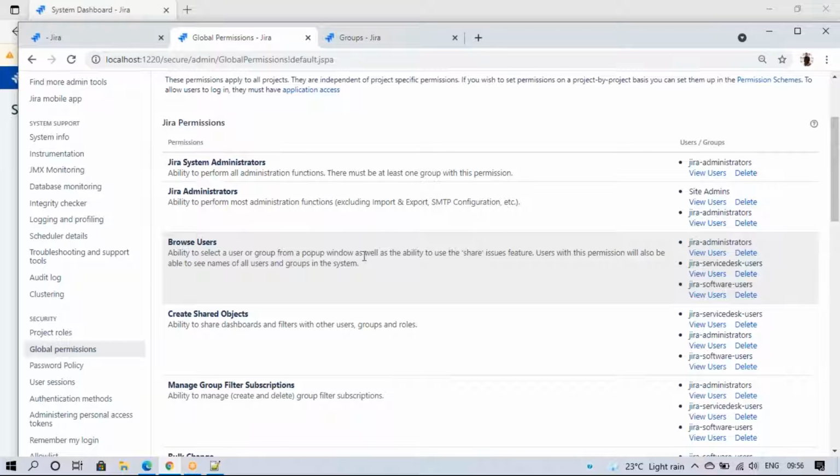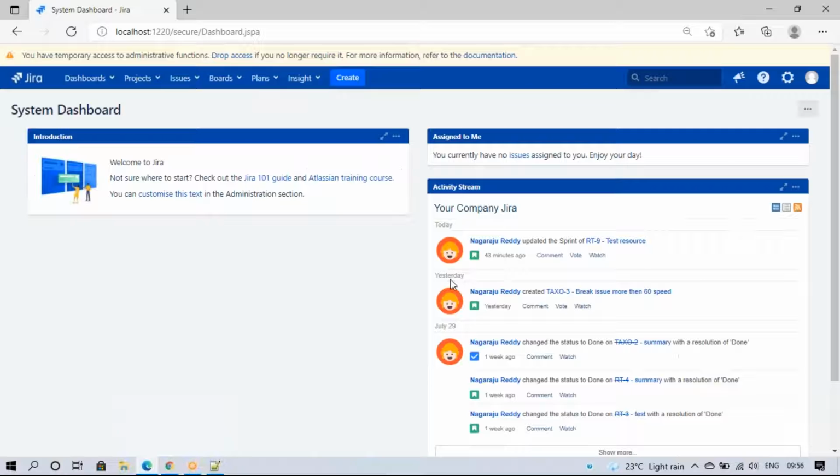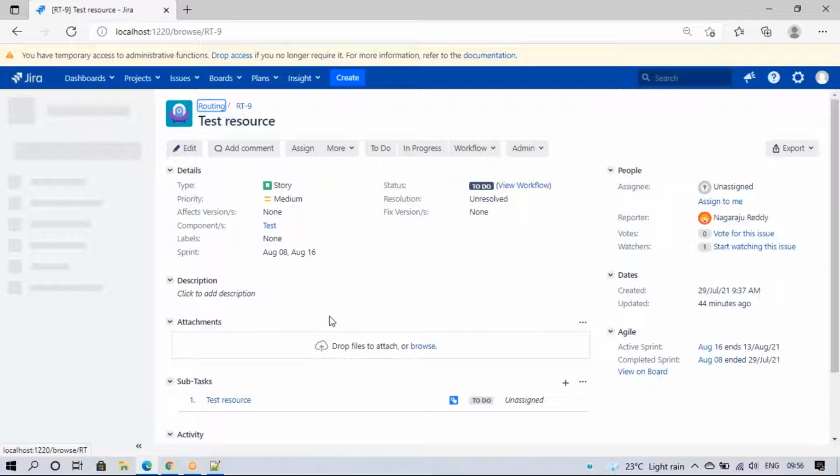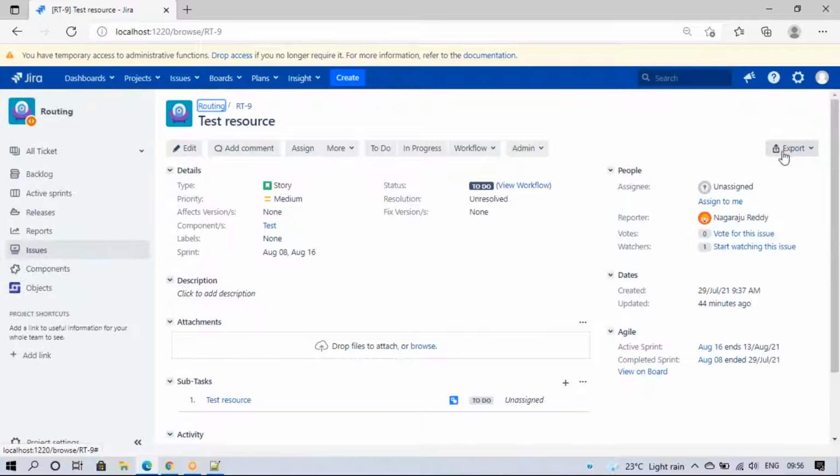Users with this permission will also be able to see names. For example, if I open one ticket, I don't see any share options, and I also cannot browse the user. Suppose I have a user picker custom field, I cannot browse the users because I don't have permission. See, on the right side I have export options, but I don't have any share option here.